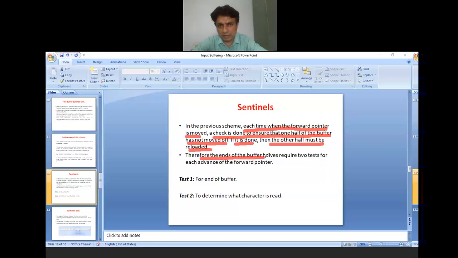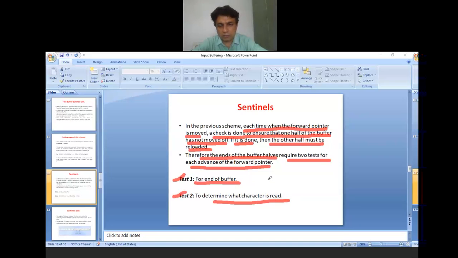Therefore, the end of the buffer halves requires two tests for each advance of the forward pointer. The two tests done by the two buffer scheme are: test one for the end of the buffer, where we always need to check whether the buffer has ended, and the second to determine what character is read.